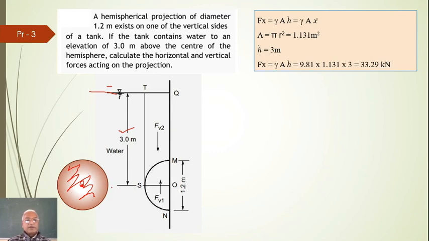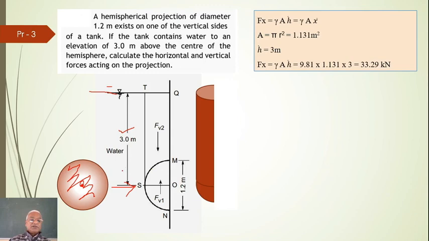So this is horizontal force which will be acting on the hemisphere over there in this manner. Now what you have to calculate is weight of the liquid which is standing above. I have shown that in the figure, hope you can imagine. This is circular body, so liquid above will be cylindrical shape because it is a hemisphere. Above that, if you want the volume, obviously it will be a cylinder with the same radius, half cylinder.